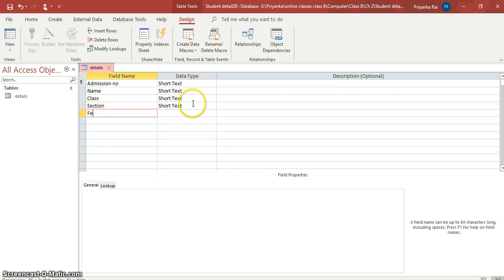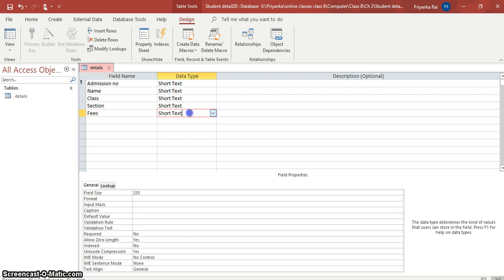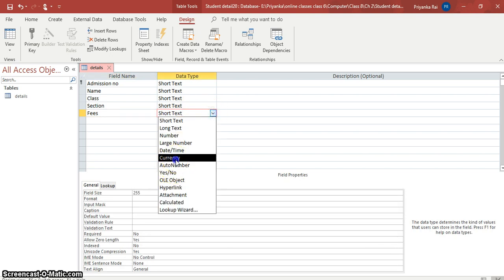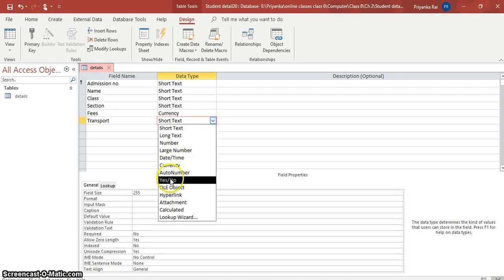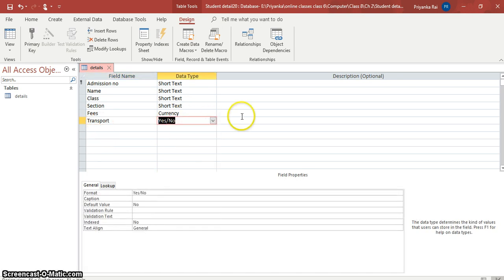Then fees, currency, then transport, yes no field, like that.